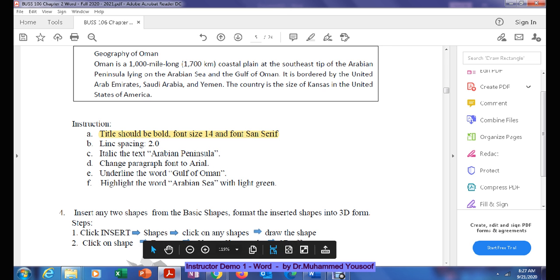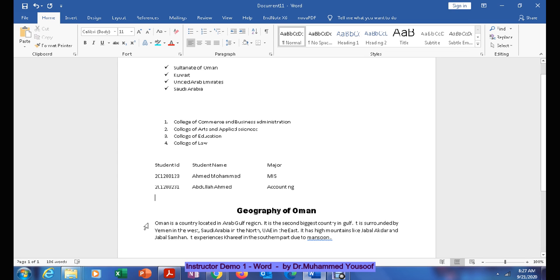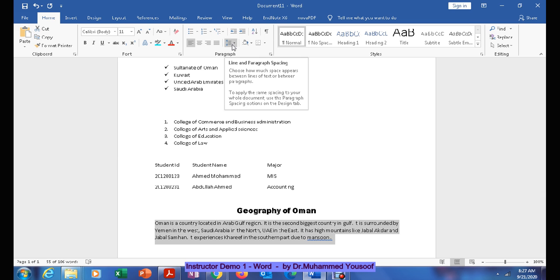How to change the line spacing? Go here. Now you just select this paragraph. You can go to the Home ribbon, it is all in the Home ribbon. In the Home ribbon, you see here in the paragraph tab, you have line and paragraph spacing.